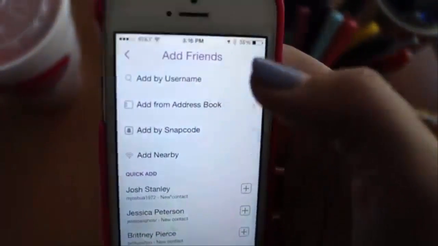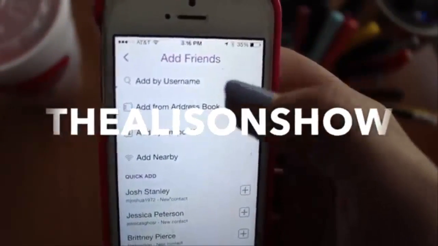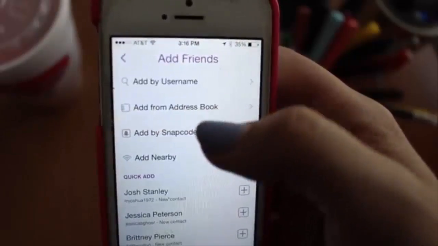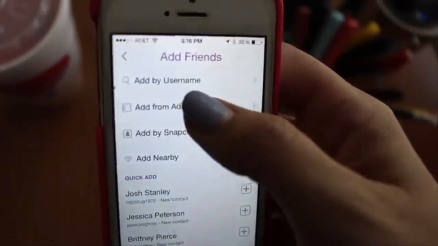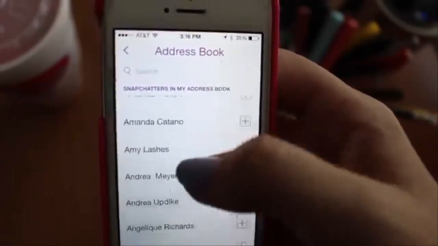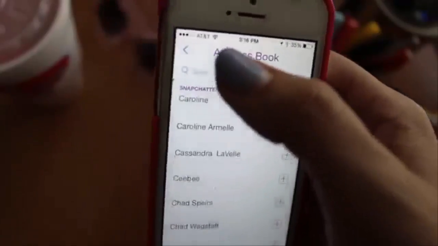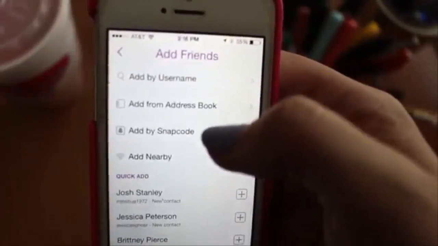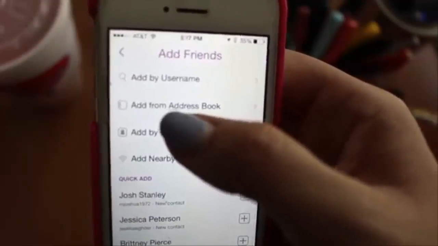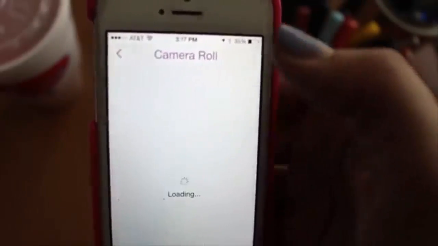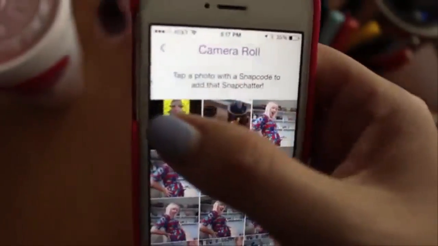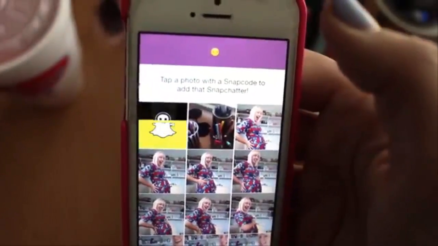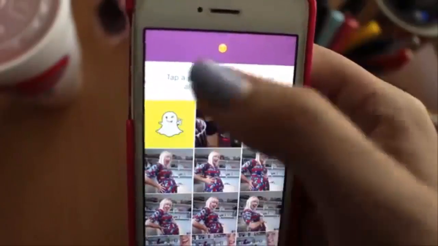You can add them by username. So if you want to add me, I'm The Allison Show, 1L, you're welcome. If you want to add from your address book, you can click on that and it's going to show you all the people in your address book who are on Snapchat, and you can add them by their phone numbers, or you can add by snap code, meaning that little picture I showed you. You click on that, and if you have taken a screenshot of somebody's snap code, it will scan for it and you can add them by